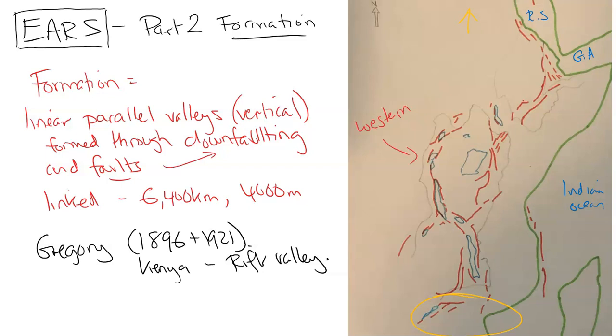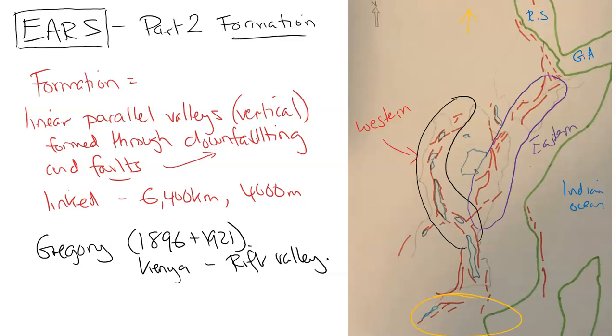which is this section right here, just outlined in black. So this section right here is the western section, and then this larger section in purple right here is the eastern section, which includes both the Ethiopian ridge at the top and the Kenyan ridge more southern. And you also have a section over here, which is called the southeastern section or southeastern branch, which is not as fully developed. Also, it is partly on the coastline, partly underwater. So it's not as clear cut as the ones